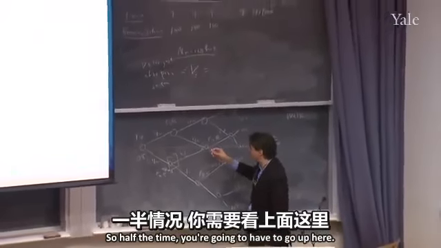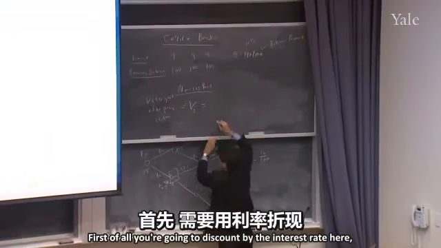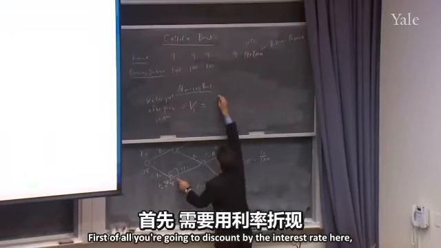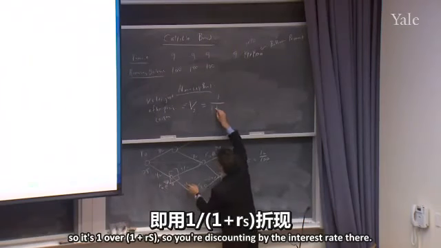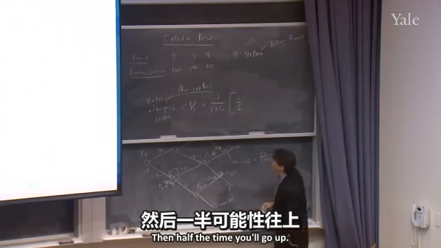Well, half the time you're going to have to go up here. So first of all, you're going to discount by the interest rate here. So it's 1 over 1 plus RS. So you're discounting by the interest rate there. Then half the time, you're going to have to,